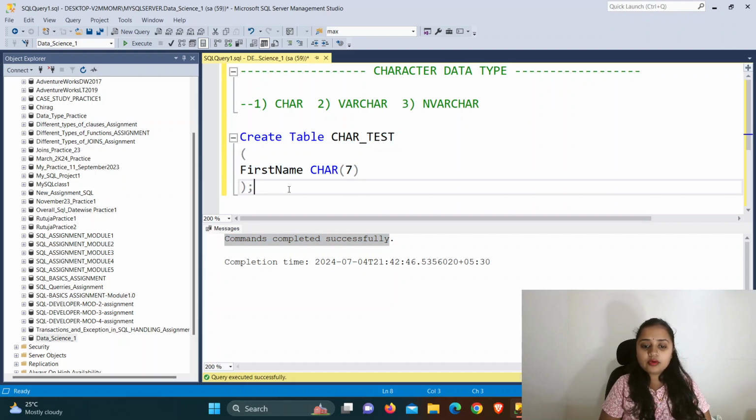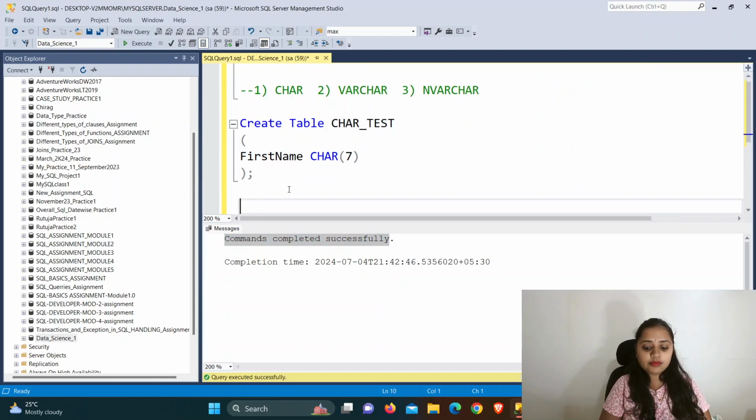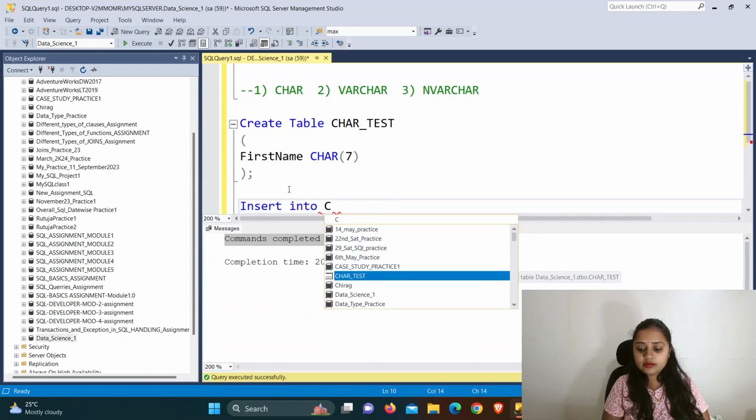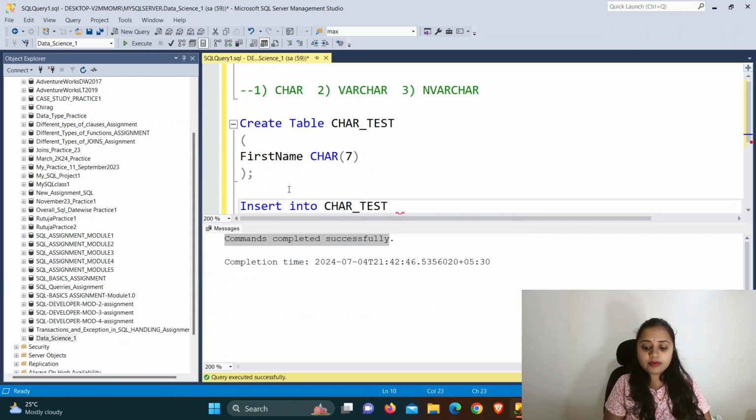Okay. Now I want to insert the data inside the table. So now I will use the insert command. Insert into the table name, that is char underscore test, this one. Then my column name, that is first name, this one. And then values, okay, values.